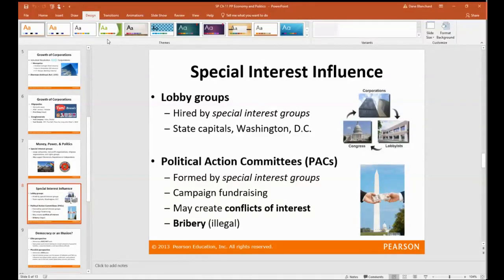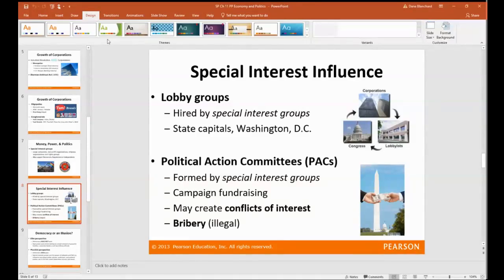So if you have candidates that have a lot of money, well, that allows them to travel. That allows them to have debates. That allows them to create commercials. That allows them to kind of get into the public eye to help them win. And usually the candidate that is able to raise the most money, especially if it's a lot more money than the individual that they are campaigning against, they have a greater chance of being elected.